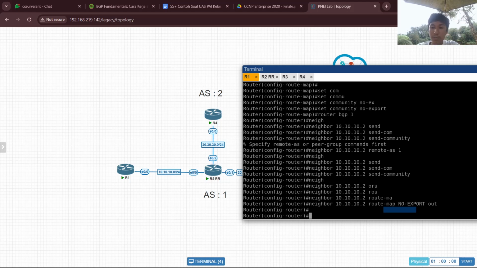So this router 1 will define that route map that was already made in this router 1 to the other router. So it means out. So this router 1 will distribute this route map through the neighbor 10.10.10.2. So all of this router will receive the route map that was already made by the router 1.